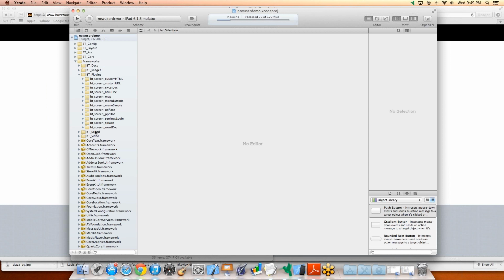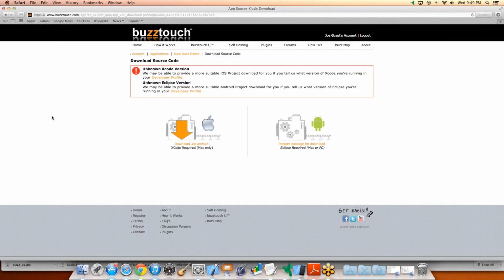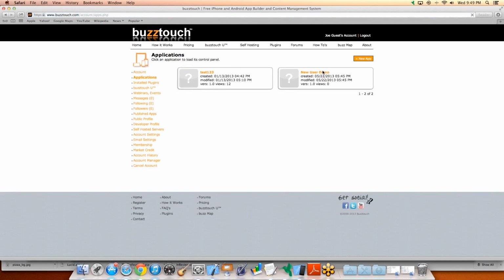all the different things that we're going to see in our control panel. Now, as you expand your app and maybe grab some of the free or the purchasable plugins from the market, then you'll be able to add more and more functionality to your app. We're going to just start with just the core stuff. So I've downloaded my Xcode project. I'm going to just go back to the main